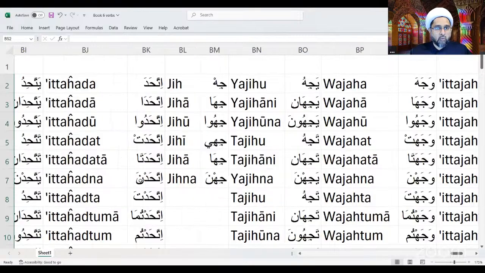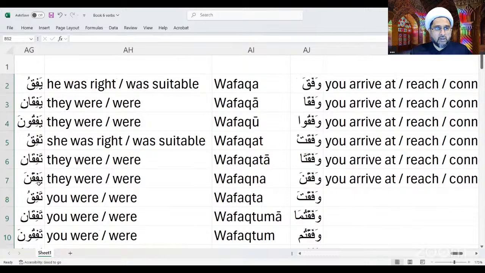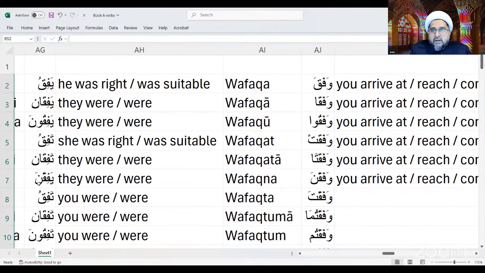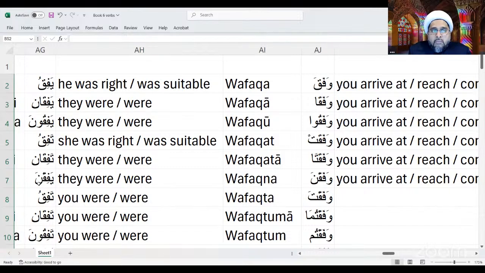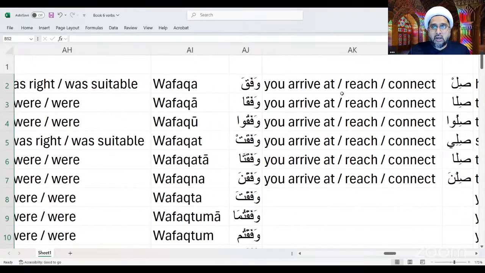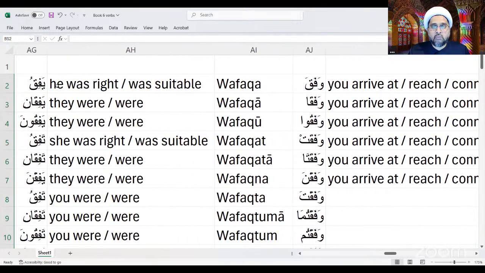Right. Now I want to go to another important part of this, inshallah. Another word, muttafiq. What does muttafiq mean? Agreed. Exactly. No, muttafiq means agreed. So muttafiq is a noun from the root word wafaqa. Wafaqa means suitable, muwafiq,